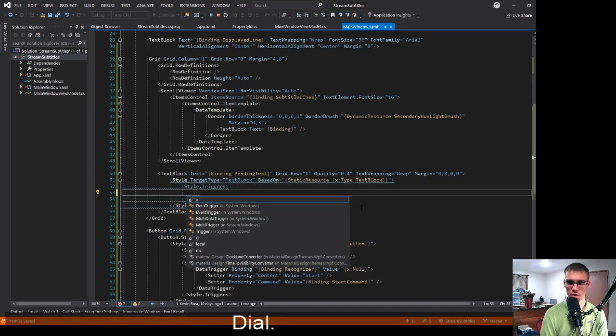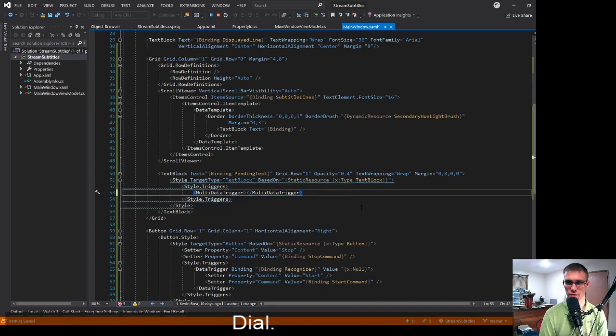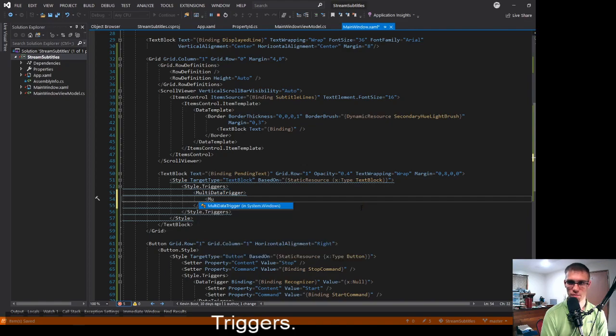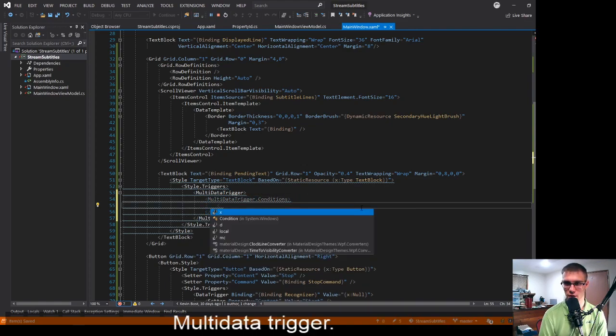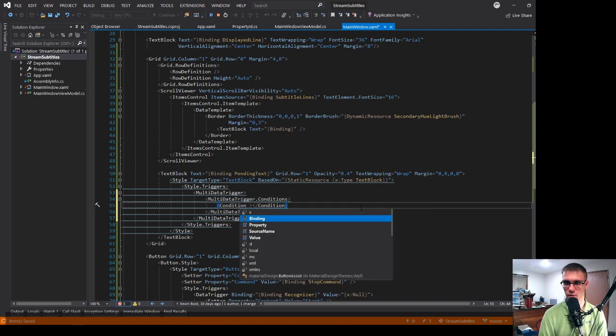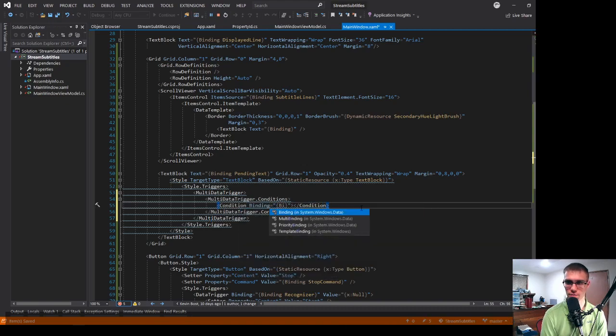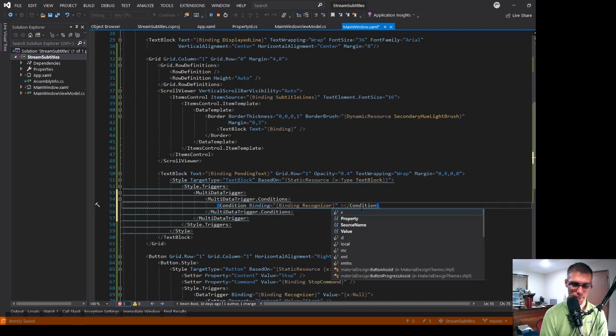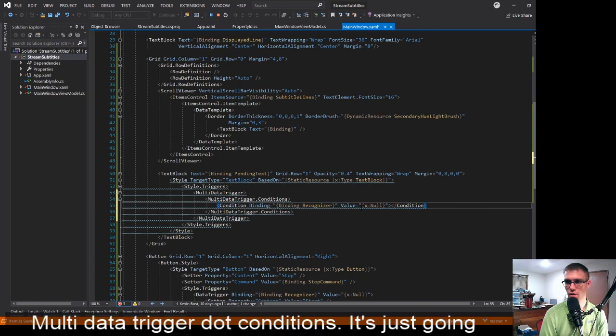Okay, so multi-data trigger dot conditions. This is just going to be way bigger than it needs to be, but why not? So the first binding will be for when recognizer is null, right? So if recognizer is null,